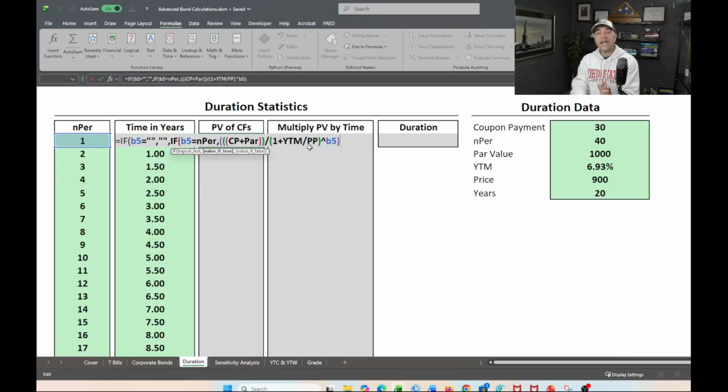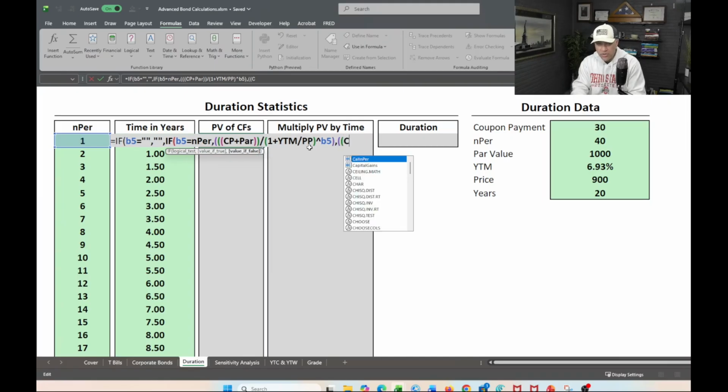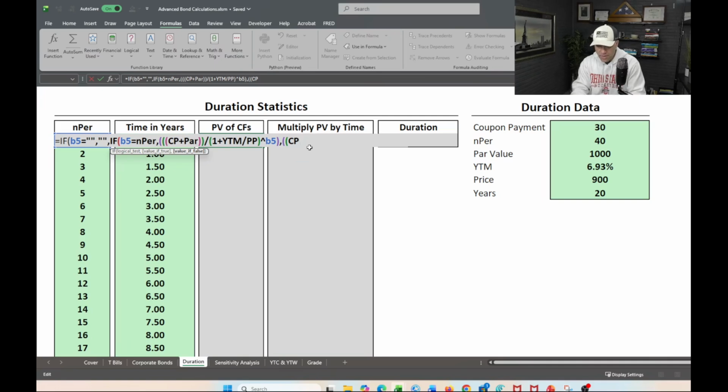And then if that's false, meaning we're not in the last period, I'm going to hit comma. Now what we want to do is calculate if it's every other year. So we're just calculating the $30 every 6 months. That's what this is going to calculate. I want to do 2 brackets, and then do the coupon payment, and close that up. That's just how I did it. I'm sure you don't have to have all these brackets. And then I'm going to divide it by,